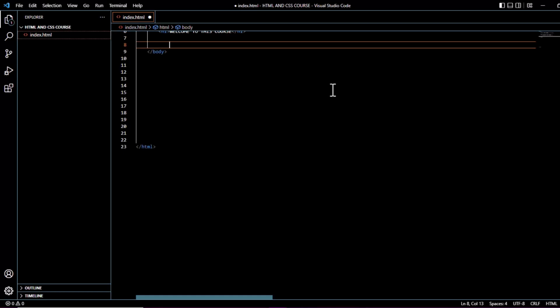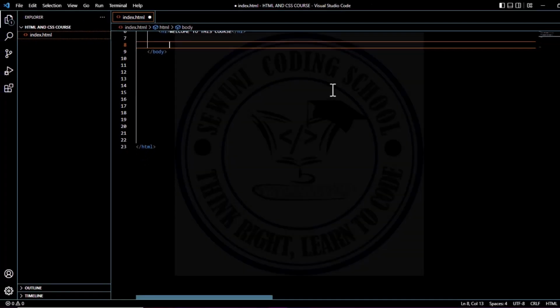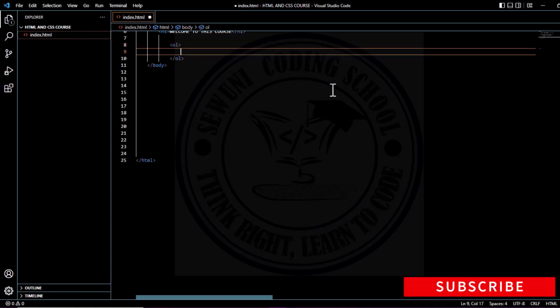Ordered list. Now, the ordered list element has a tag name of OL to represent ordered list. Now, each list item will also have an element within the OL, that is within the ordered element, which is what? LI, to represent each list item. For example,